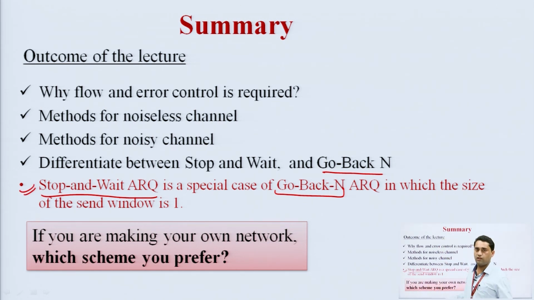So, again there is an open ended question, as in all the lectures you have seen, in the end one open ended question. If you are making your own network, which type of scheme you will prefer, stop and wait, go back n or selective repeat. So, this is all about